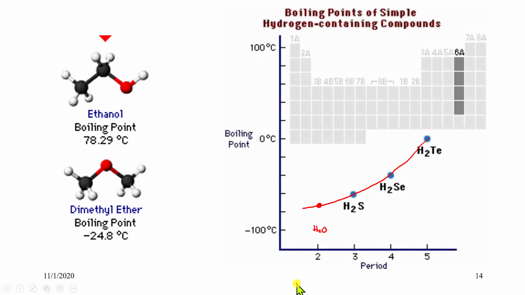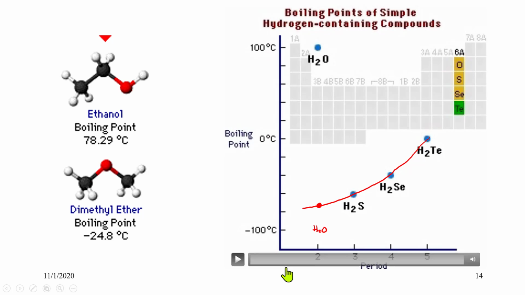A plot of the boiling points of the group 6A hydrogen compounds shows a trend. Based on this trend, we would expect the boiling point of water to be here. In reality, H2O's boiling point is much higher. This is a consequence of water's stronger hydrogen bonds. So it's hydrogen bonding, right? So you're noticing the effect, and by the way, they kind of exaggerated and drew it down here. It's really right about here. That you would project that out, you can see the shape of the curve. Anyways,